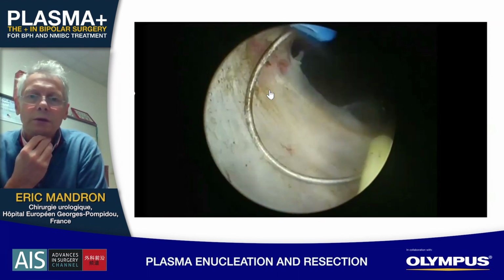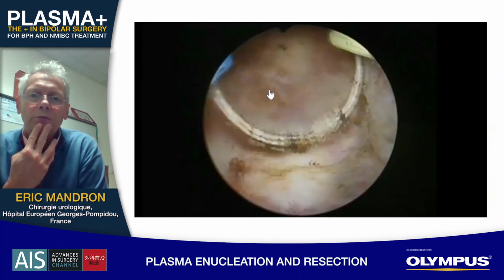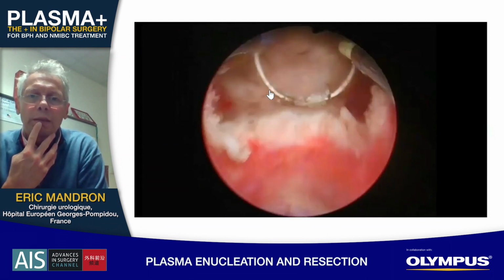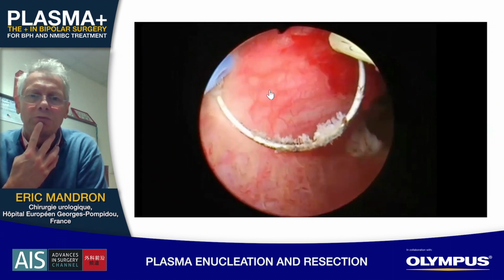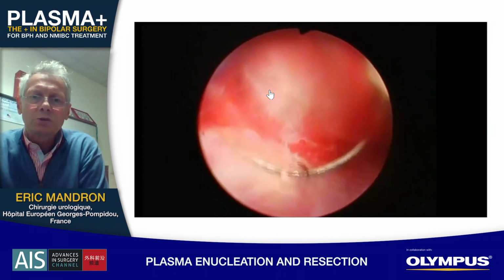And slowly we will prepare this end of the first steps. So you see very well, and now it's the second time. The second time is to start to do the incision of the mucosa, and so with section we will just